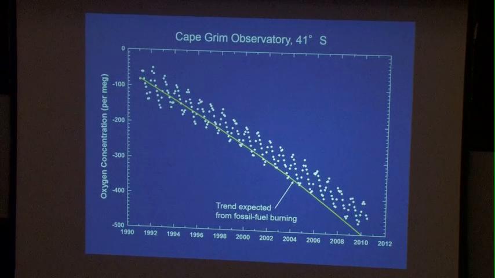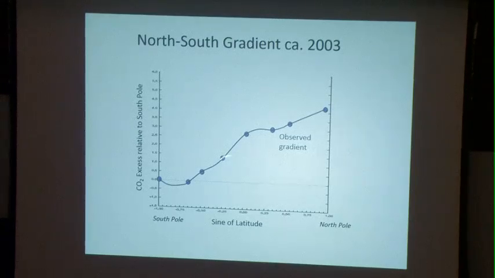Now there's one piece of evidence that helps us, it's actually played a big role in thinking about this land sink, and it has to do with the excess carbon dioxide in the northern hemisphere relative to the southern hemisphere. Now, each one of these is a different station where there's observations, and the data has been detrended, and its difference in an annual mean relative to the South Pole is what's plotted here. And you can see stations in the far north have an excess. This is an estimate around year 2003 of something like 3 or 4 parts per million relative to the southern